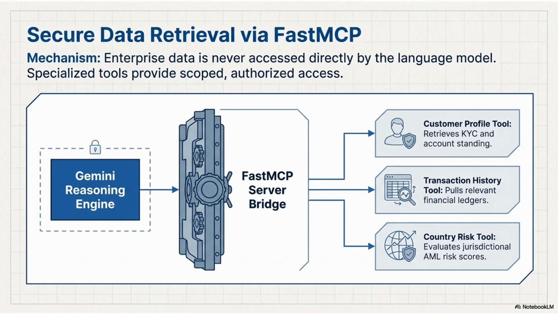Google ADK provides the orchestration layer for the solution. Each agent has a dedicated responsibility while collaborating as a sequential workflow. Now, this separation improves maintainability and mirrors enterprise system designs, as we have in large enterprises today. Enterprise data is accessed via MCP tools rather than directly by the language model. Dedicated tools provide customer information, transaction history, and country risk, creating a secure and extensible integration pattern.